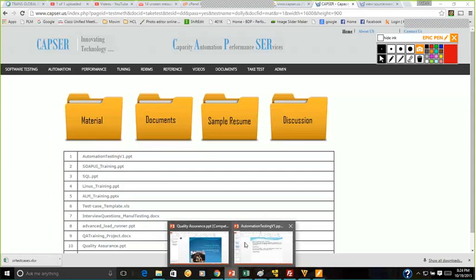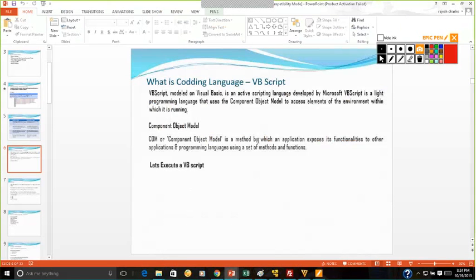COM is a method by which the application exposes its functionalities to other applications and programming languages using a set of methods and functions. So COM enables VBScript to look into the programming language in which the application is developed and get the properties from that. That is the advantage of using VBScript.